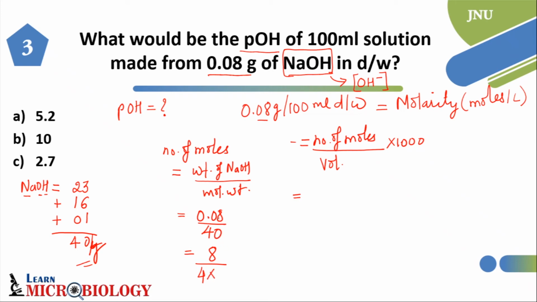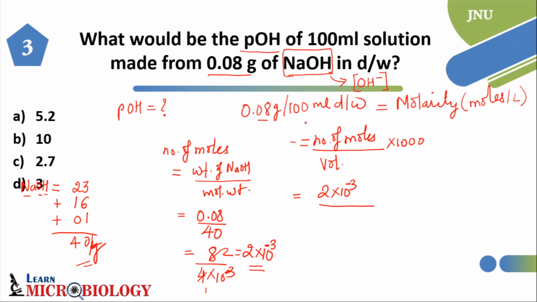Along with these 2 zeros, it will be 10 raised to minus 3 that you can write down, and then this is 2, so it will be 2 into 10 raised to minus 3. When it comes, it becomes 2 into 10 raised to 3. So that will be the number of moles. So you can just put it here, 10 raised to 3, substitute the value of number of moles over here. Okay, it needs to be positive here, and it will be negative over here. So just make a change here, because we are going to put the zeros below, so it will be 10 raised to 3 here, and when it becomes the numerator, it becomes 10 raised to minus 3.